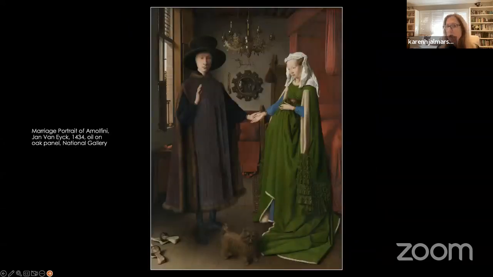Probably one of the most famous portraits in all of art history is this one, done in 1434 and now in the National Gallery in England. And this is the marriage portrait of Arnolfini. So I told you that